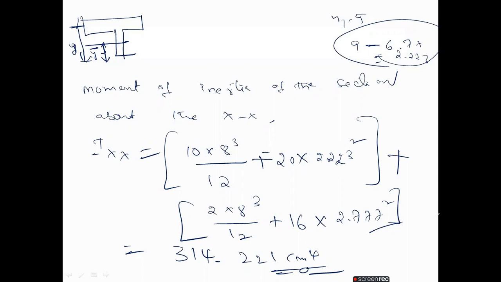So the first one up to 9 we have to remove. So y2 value is 4 minus 6.777. Here if you see, this one is the y2 value, it is around here only. The y2 value is 4. So 6.777 minus 4, I got 2.777.